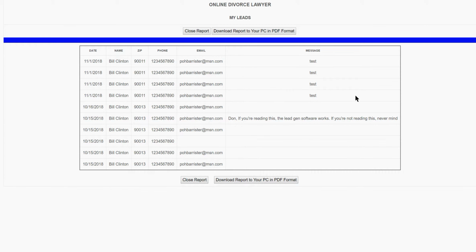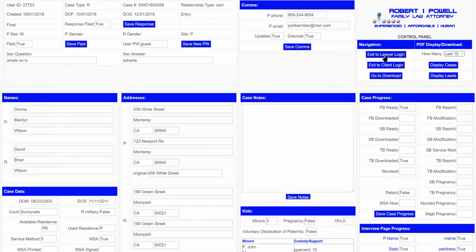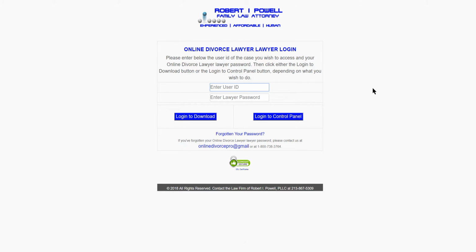Okay, let me see. I want to show you, I think, only one more thing. I'll exit the control panel back to the lawyer login page. You'll remember I showed you on the landing page as well as on the client login portal, you have hidden links to take you to this page, the lawyer login page. Well, guess what? You've got a hidden link on this page too, and you would know that it's here, of course, and you move to your lawyer login page, and then you click on the hidden link in the footer,